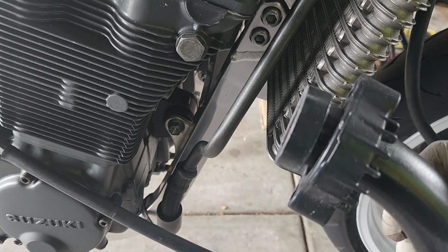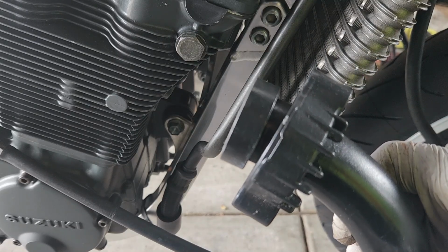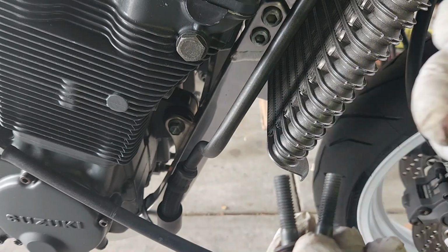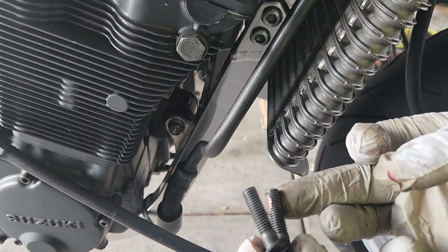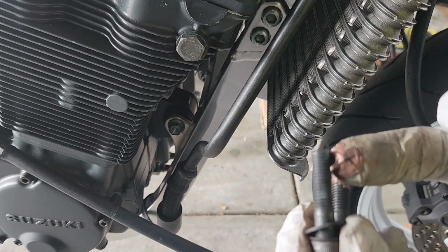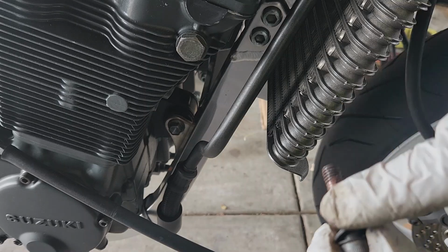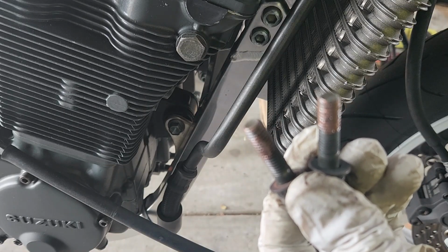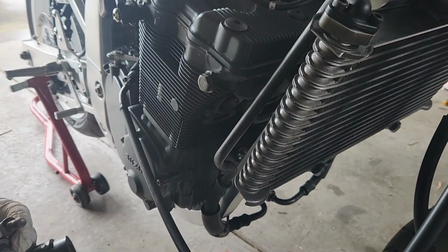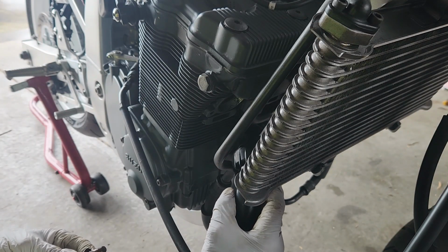Now let's put the manifold exhausts. There are 3 of them, one on the right side, one on the left side, and one in the middle, which is 2 pipes. Some copper grease on the threads is perfect because this kind of grease does not burn up to 1000 something Celsius. Plus it makes the bolts come out easier when I have to remove the exhaust. Now the gasket is in there, and we go over